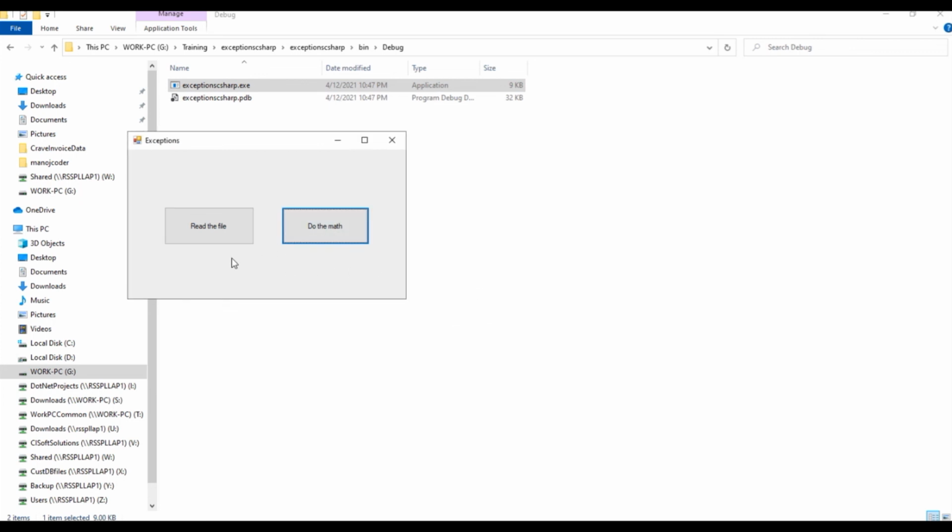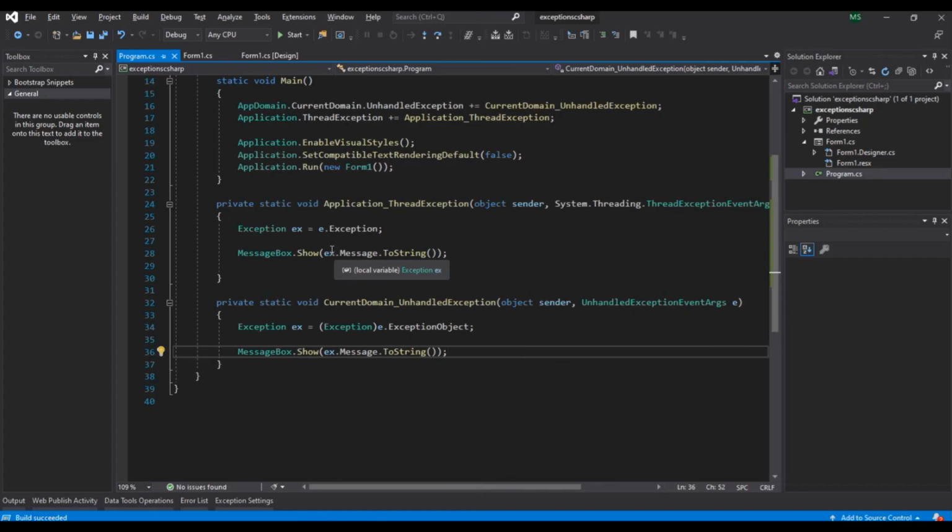As you can see, the exceptions are being handled by the global exception handlers. Another usefulness of these handlers is that when you forget to add exception handling in certain parts of your code, those exceptions will be handled here and your application will not crash at any point of time.